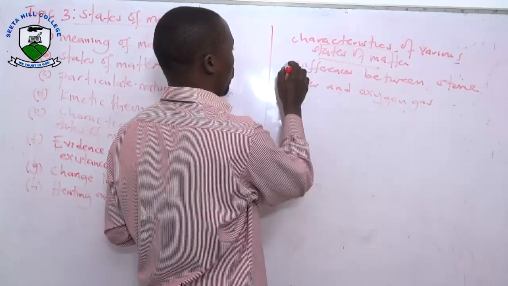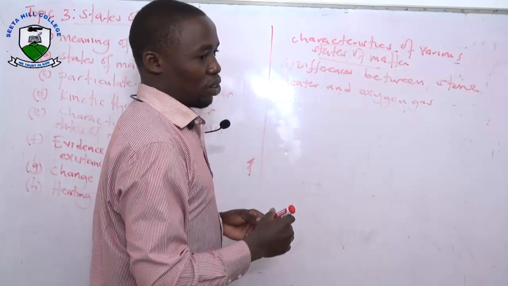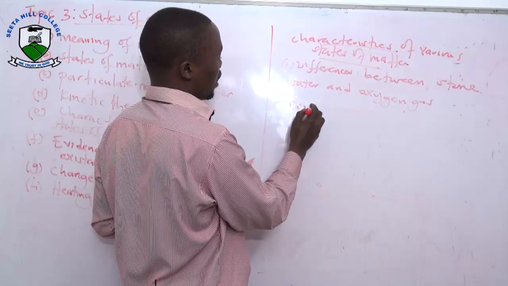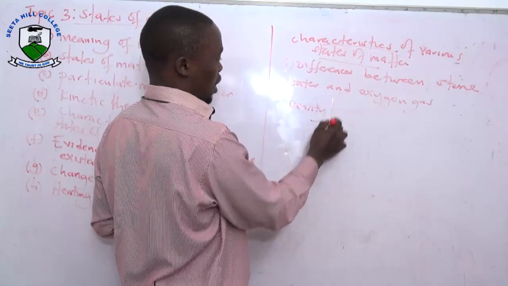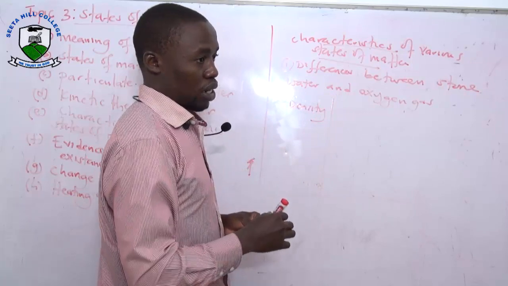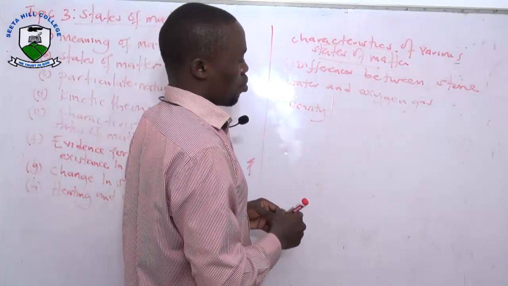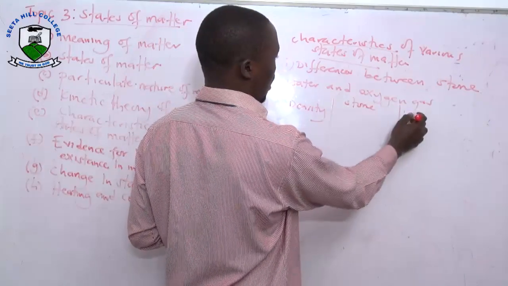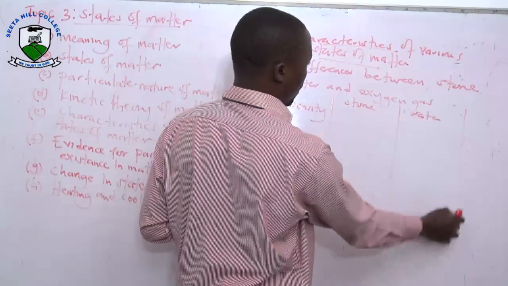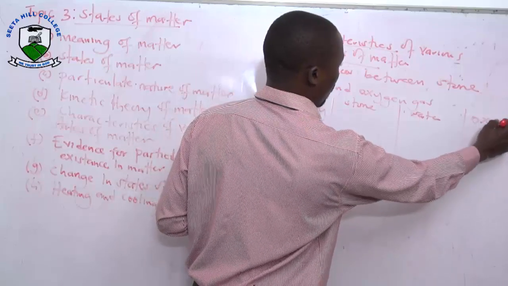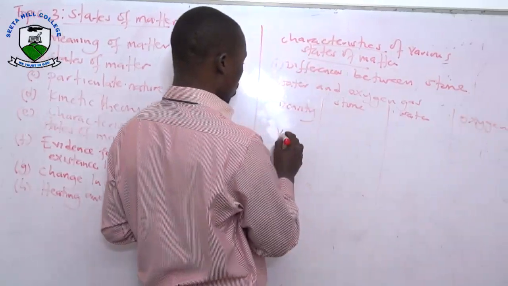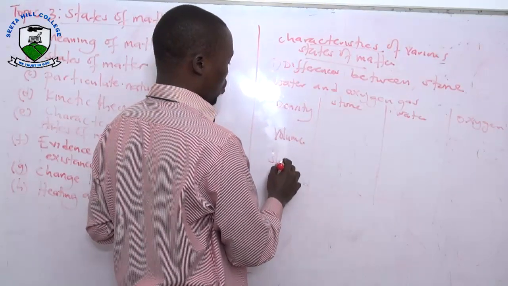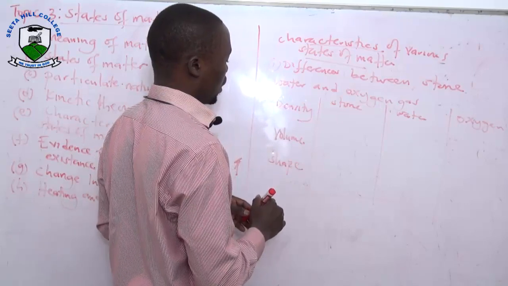I would like you to discuss those differences in terms of density. In tabular form, draw a table and discuss the stone, water, and oxygen in terms of density, volume occupied, shape of that substance,